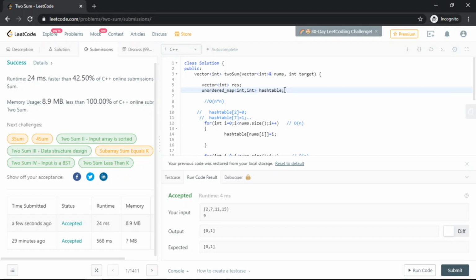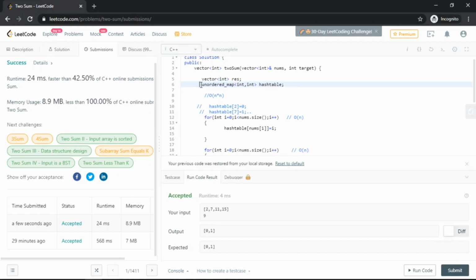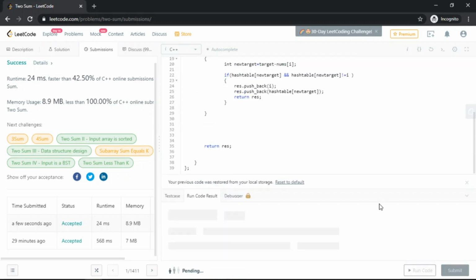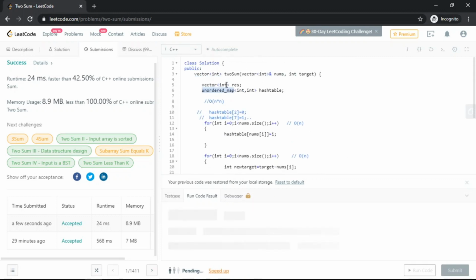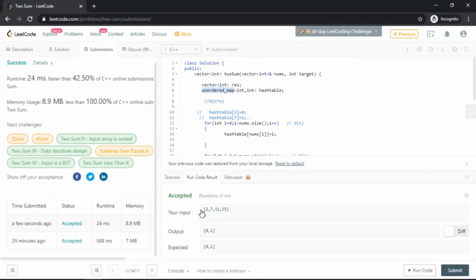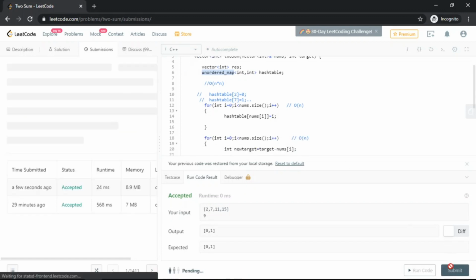Unordered map gives the result in big O of 1 if there is no collision; collisions are resolved by algorithms like linear probing, quadratic probing or double hashing, so it goes up to big O of n, increasing the time complexity. If there is no collision, unordered map will find the solution in big O of 1, so it will be a more optimized solution. As we have converted this to an unordered map, let's run the solution and see what time it takes. Okay, it's accepted again. Let us submit and check.